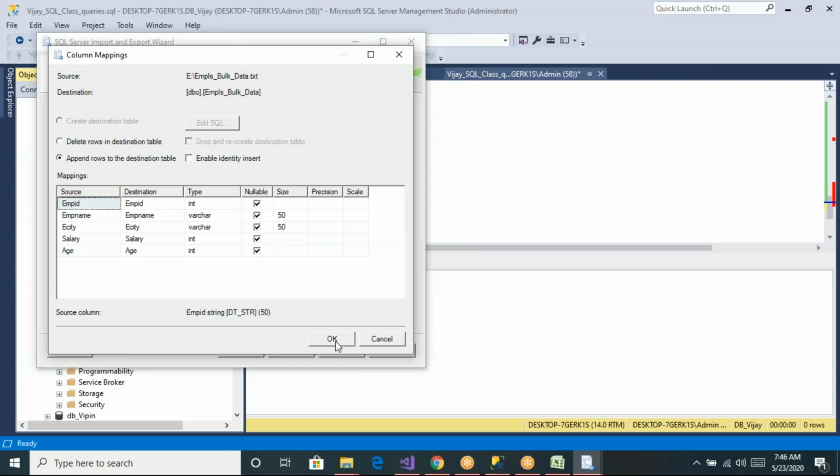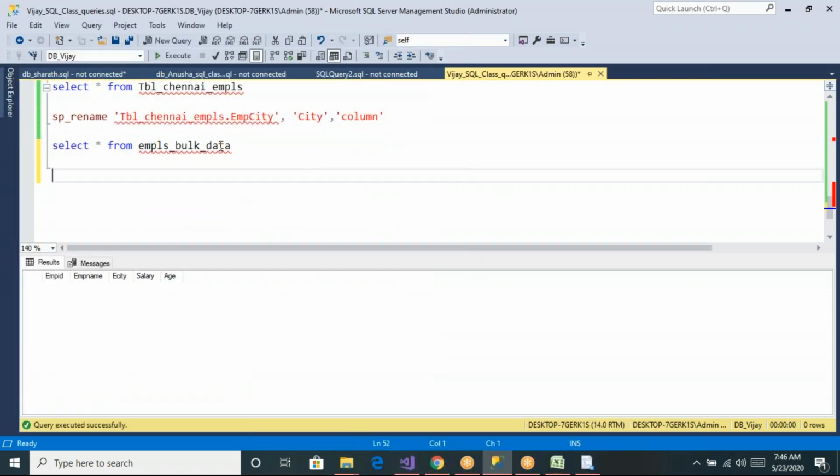Or if you want, let me create one more table with another name. We have the columns like EMPID, name, city, salary.